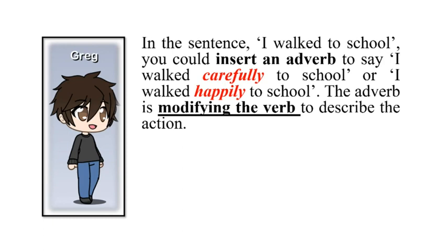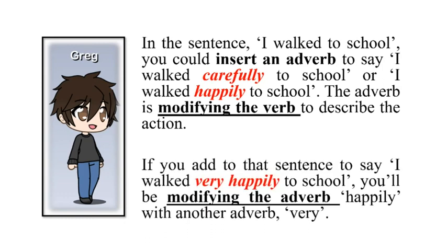I walked carefully to school, or I walked happily to school. The adverb is modifying the verb to describe an action. Dakle, prilozi služe da modifikuju glagol, da ga bliže opišu, da ga pojasne, da mu dodaju neki drugi ton. Nisu oni tu stvoreni da bi nas nervirali, da bismo ih učili napamet, da bismo učili pravila. Stvoreni su da stvari prikažu malo drugačije, da modifikuju situaciju, da je pobliže opišu, da nam bude jasnije, da možemo da osetimo situaciju, atmosferu, da možemo bliže da se identifikujemo s nekom radnjom, kako ona činjena, kako je rađena.